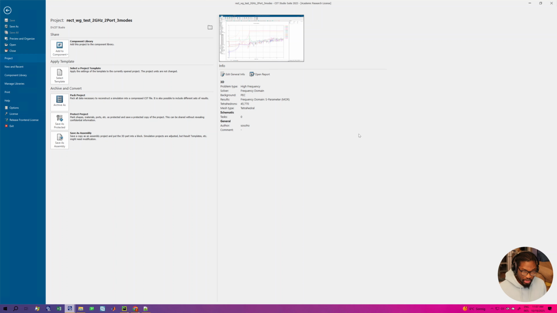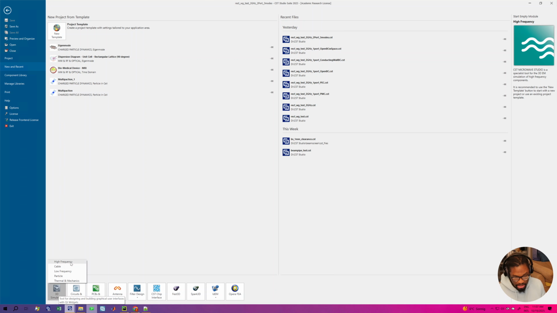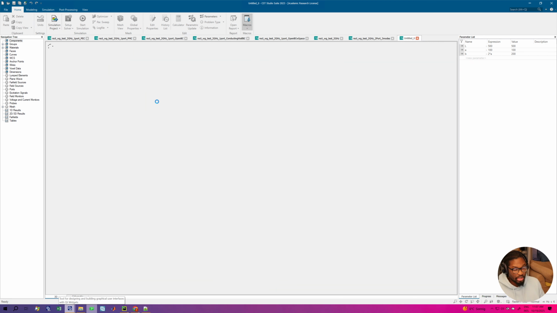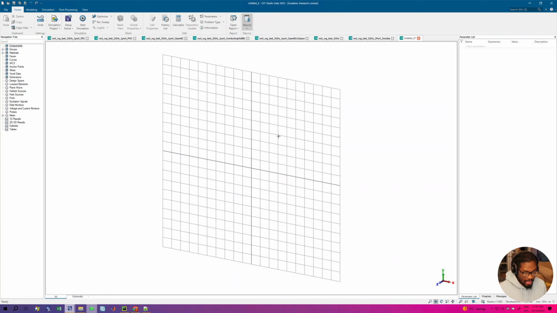If you open your CST, you should have something like this. Then go to new and recent, then go to 3D simulation because I want to do eigenmode simulation. You select high frequency, and I'll change it to the eigenmode solver. No, not frequency domain solver, eigenmode solver. Okay, now first things first,